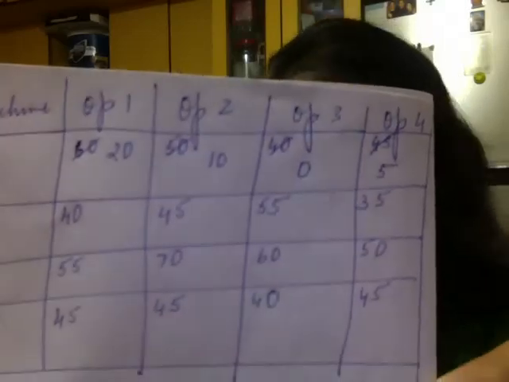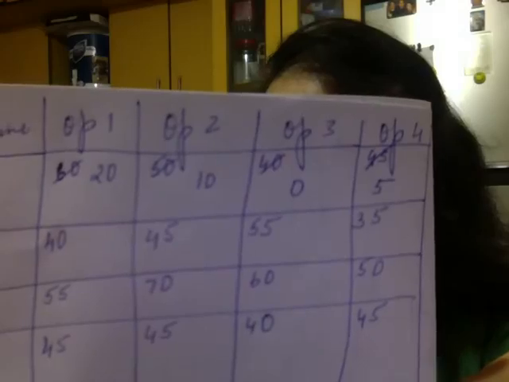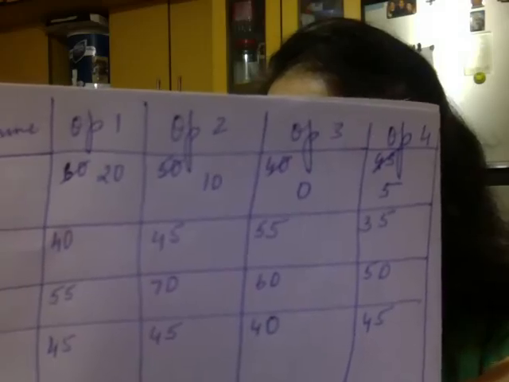Which is the next smallest one in the next line? 40, 45, 55 and 35, naturally 35. So 40 minus 35 is 5. 45 minus 35 is 10. 55 minus 35 is 20. And 35 minus 35 is 0. We seem to have got allotment for A, B and operator 3 and 4. Still, we will wait. Then in C,